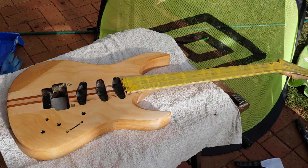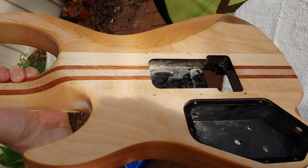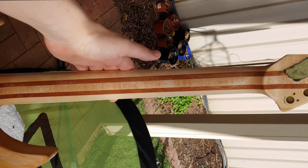This is the body all wet down, ready for its first stain. I really love the grain, how everything looked. A lot of people do keep these natural. There's some fantastic looking maple in the neck, especially when you get it right in the light. The grain,